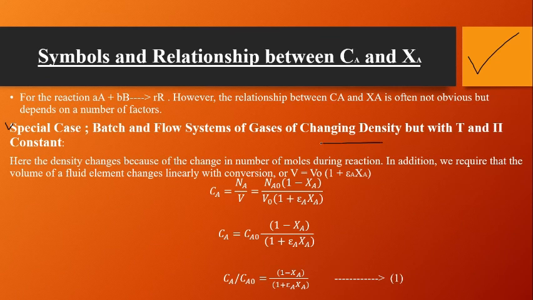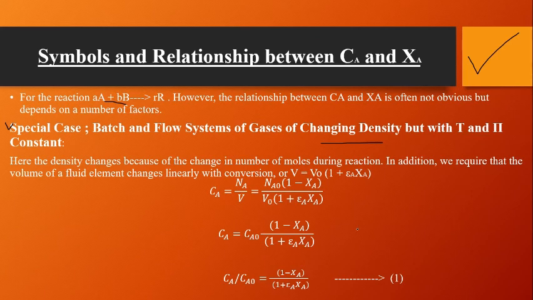Density continuously changing means the number of moles are not constant. If we focus on this chemical reaction, A plus B produces the product R, then in the overall reaction the number of moles of component A, component B, and component R do not remain constant. They continuously change. That's why density is directly related to the number of moles, and we said that the density will vary in this case,